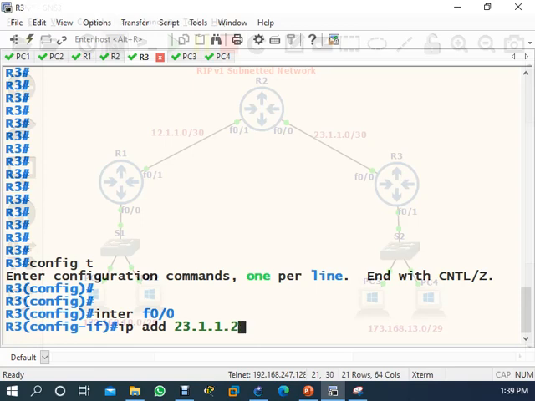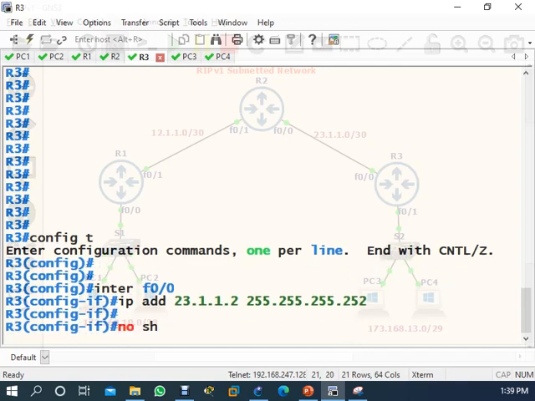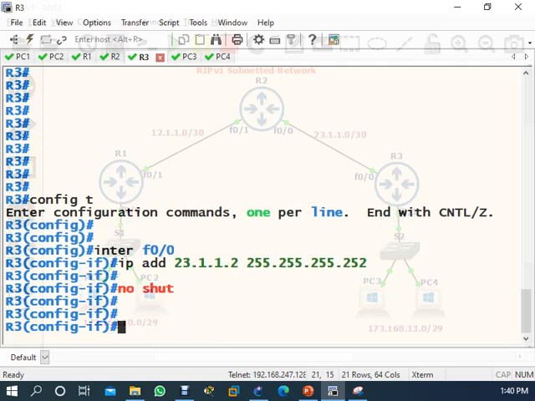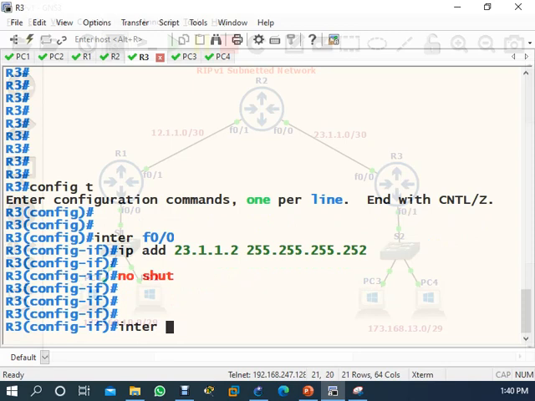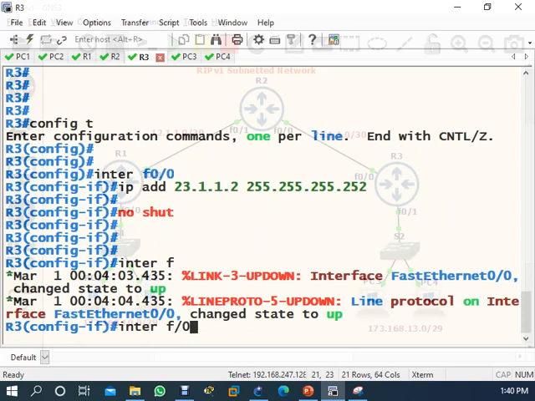Okay. See here, on router 2 you have configured 23.1, right? So here you should configure 23.2. It's okay. F0/1.